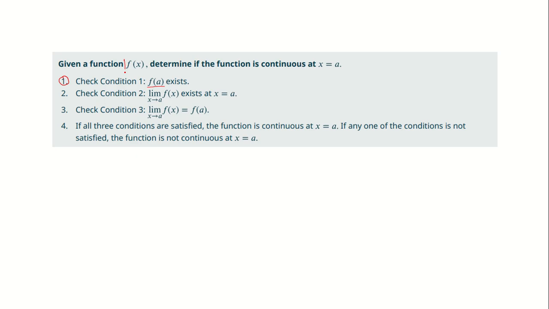If we want to check whether a function f of x is continuous at x equals a, at first we have to find f of a. That means we have to substitute x by a. I have called that the functional value. And then number two, we have to check the condition whether the limit as x approaches a of